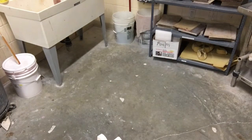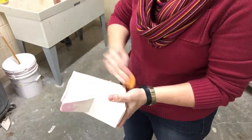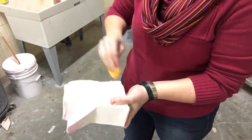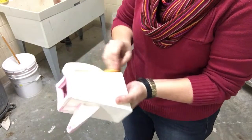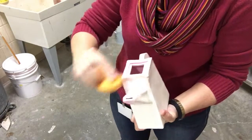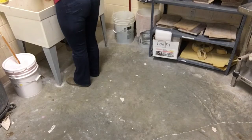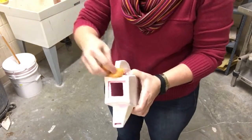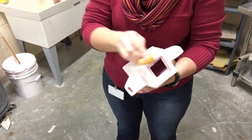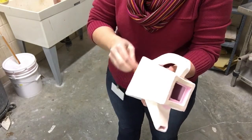So, what I'm going to do at this point is, if there are people who are afraid that the clear glaze is going to affect their piece, just take one of the big sponges, just swipe down the outside. It's not going to hurt anything. Again, wipe off the top. Wipe the top of your spigot, your little spout. Basically just wiping all that extra clear glaze off your piece if you're worried. Take again the big sponge, not the little sponges. Take a big sponge,